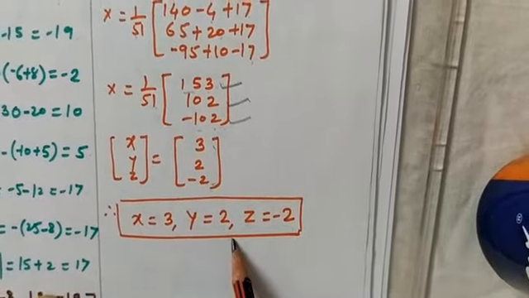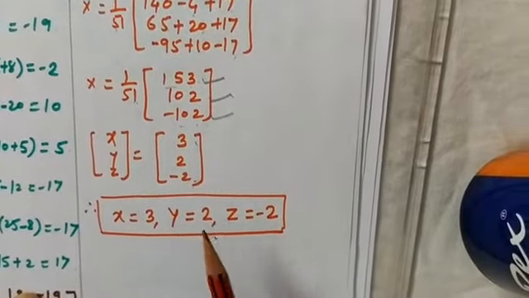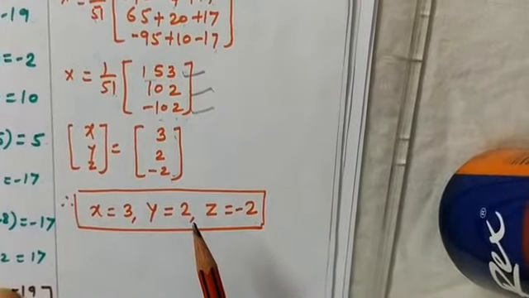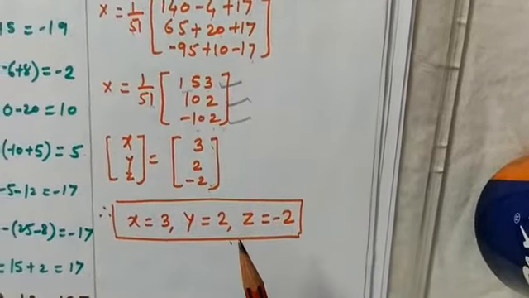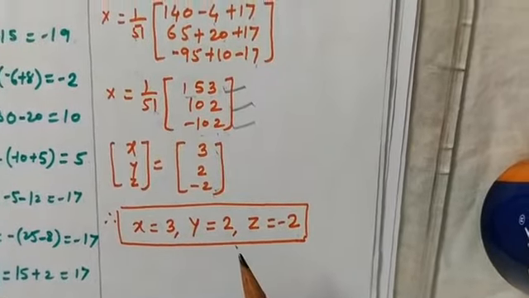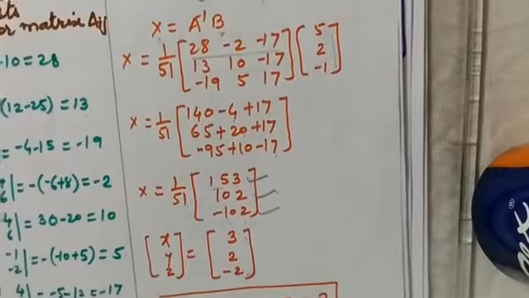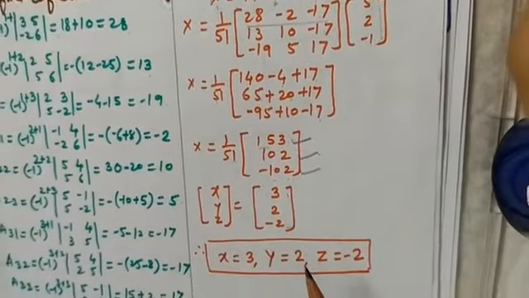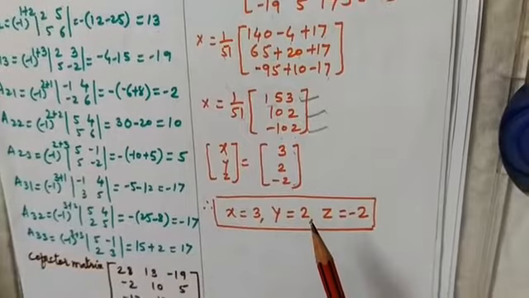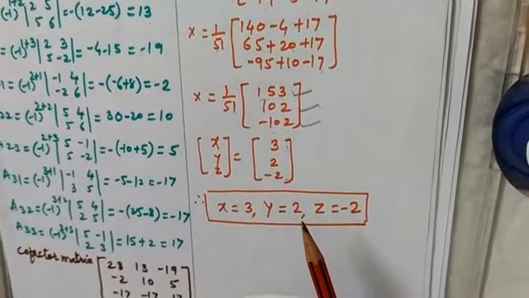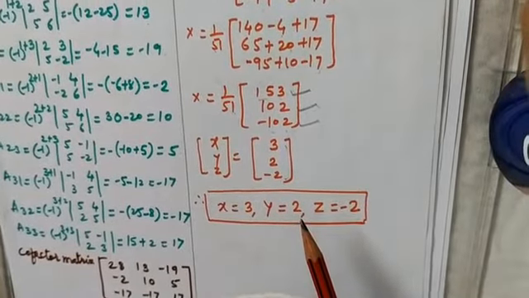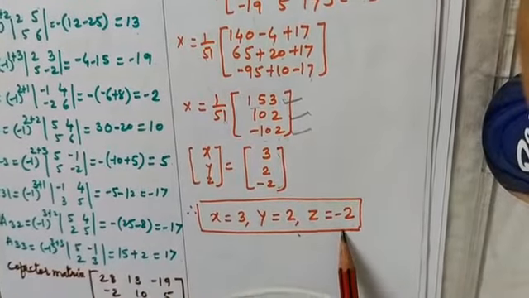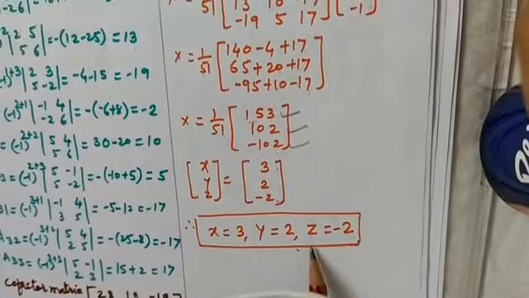So this way we find the solution of the linear equations by the inversion method. The inversion method we can apply here. For the inversion method, the inverse is found with the help of the adjoint method. So this is all about the solution of the given problems, and we have solved it by the inversion method. So practice is necessary, as it is said.